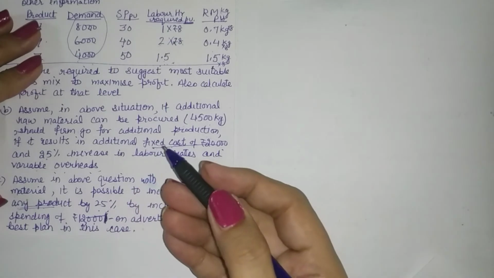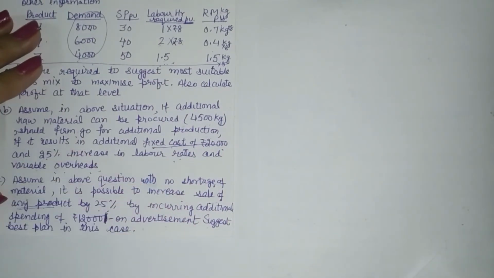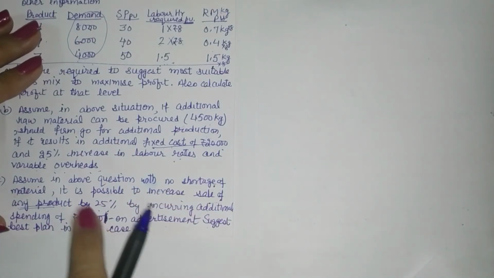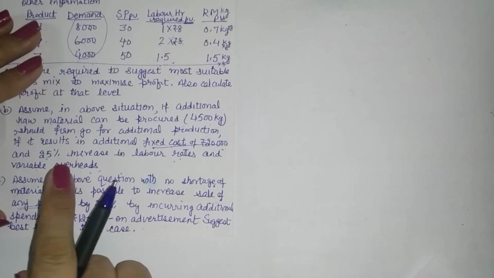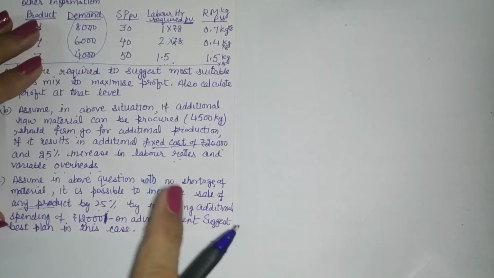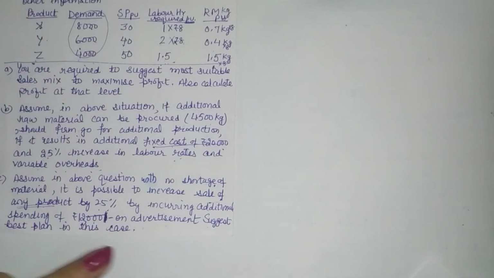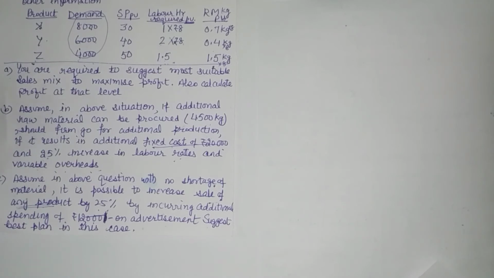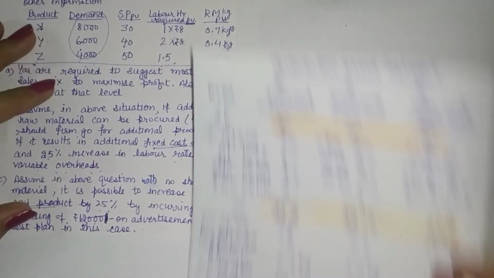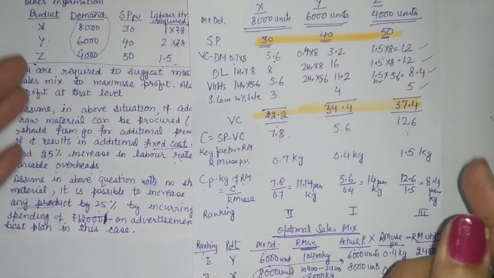So with additional production and sale, you will receive additional money. Additional contribution will be received, but this will be subject to additional cost. There is no change in any other cost, no material cost, no variable labor or any other overheads. It's just that advertisement spendings are going to be higher. So only one change is in the cost, and the change in the income will be your contribution is going to improve.